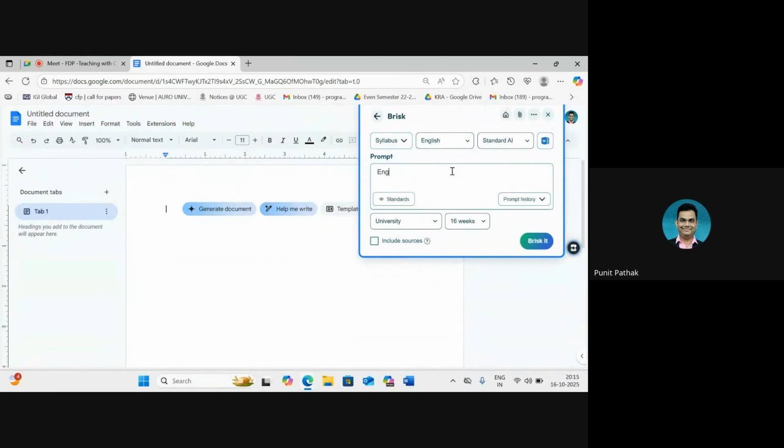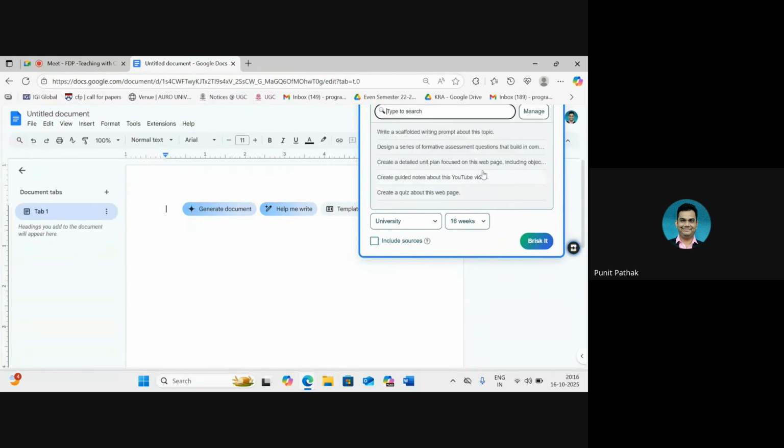for English for tourism and hospitality with a focus on vocabulary, and let's not say vocabulary, with a focus on soft skills needed in the hospitality sector. So apart from that, it also has this option of prompt history where we can see some pre-created